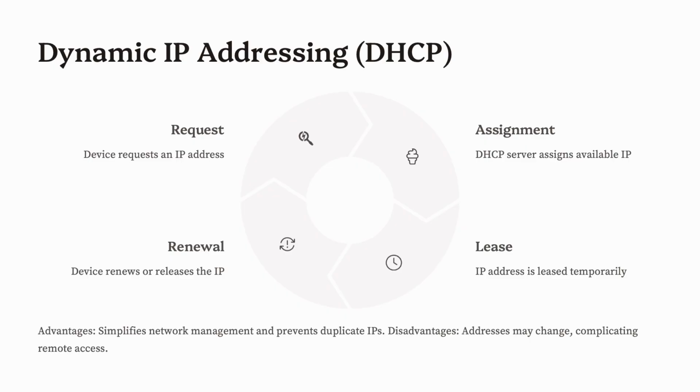This is where the hybrid approach comes in. The hybrid approach, or reservations if you like, involves reserving certain IPs in the DHCP server for specific devices. It combines the advantages of DHCP and static addressing. It requires the person who controls the DHCP server to reserve IP addresses based on MAC addresses. For example, you can have your AV control panel always receive the same IP, even though the rest of the